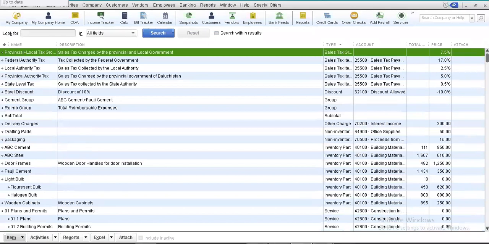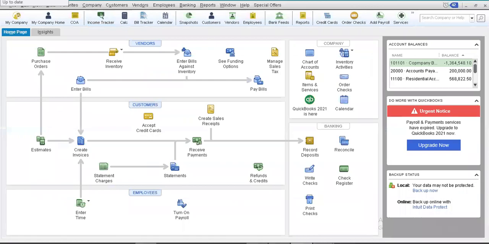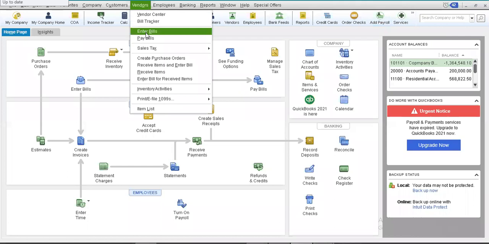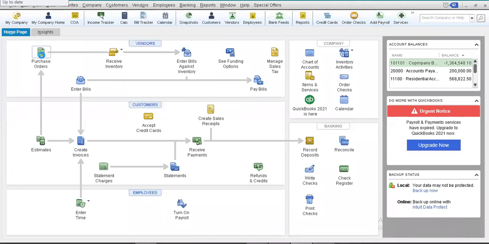So my dear friends, now coming back to our main dashboard. Now, my dear friends, let us make a purchase order in order to purchase inventory. For this purpose, you can access the purchase order option on your dashboard, or you can go to your vendor section and you can create purchase orders from this option as well. All right. So we will select the purchase order option on our home screen.